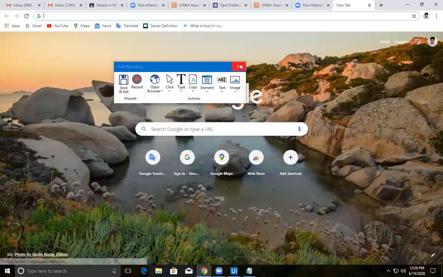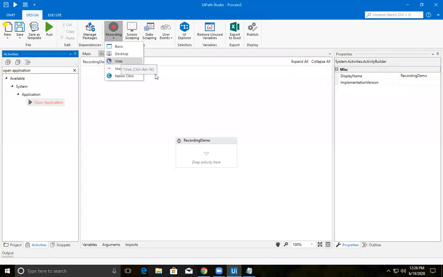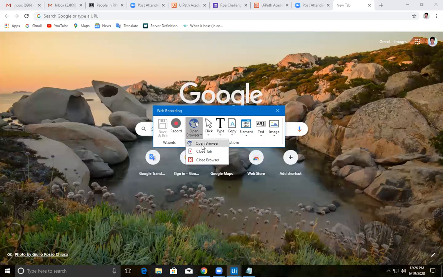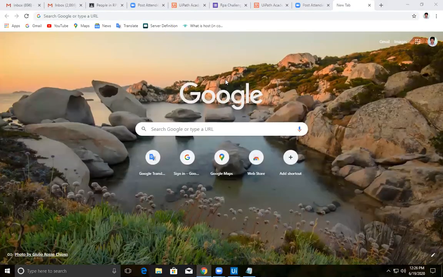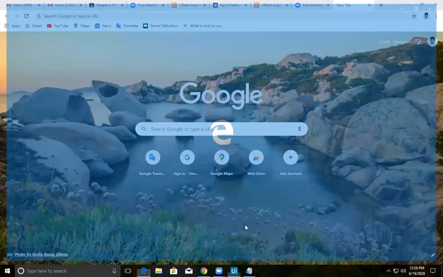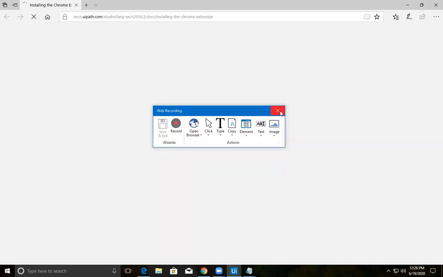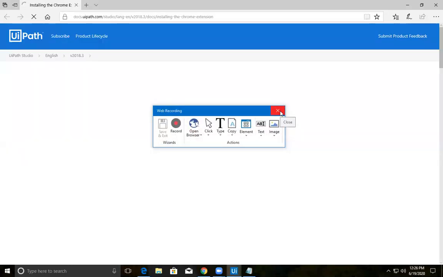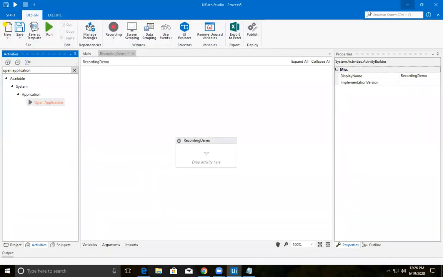Let's close this again and open the recording web, open browser. It was asking me to install the extension.